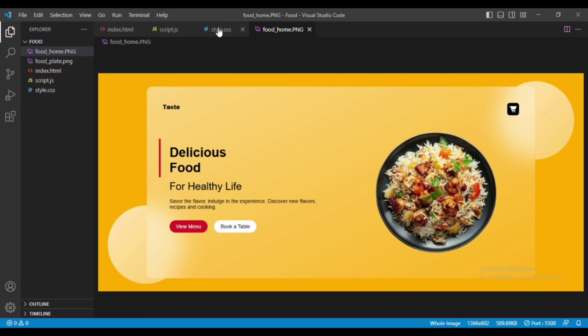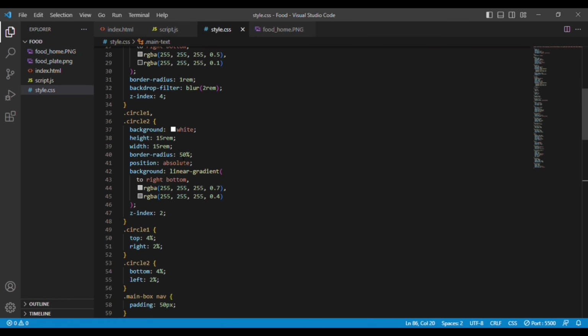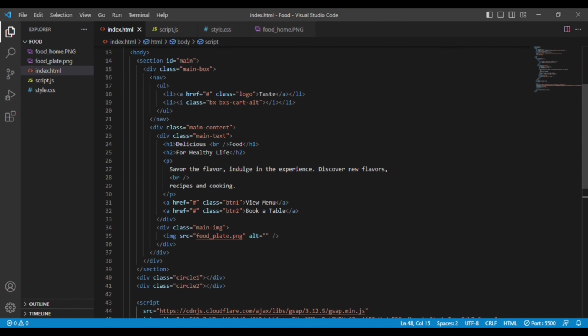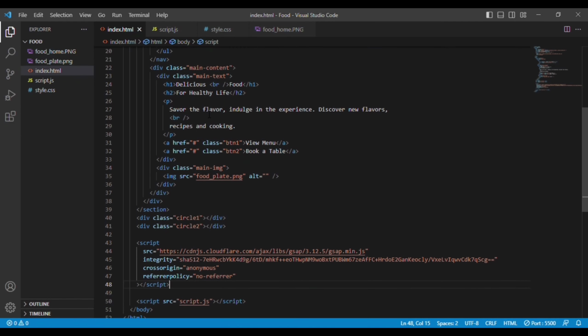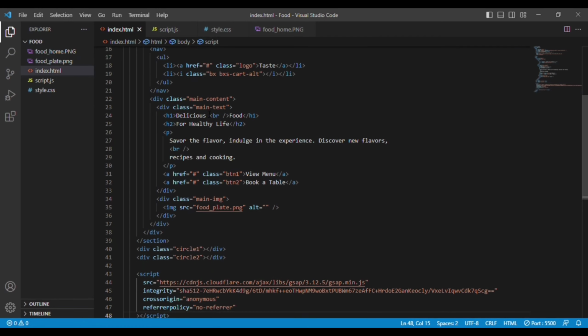Next, the index. Next we have the circles. So now let's go to the next section. We have completed the main box section, then we have done with the nav elements. Then we have